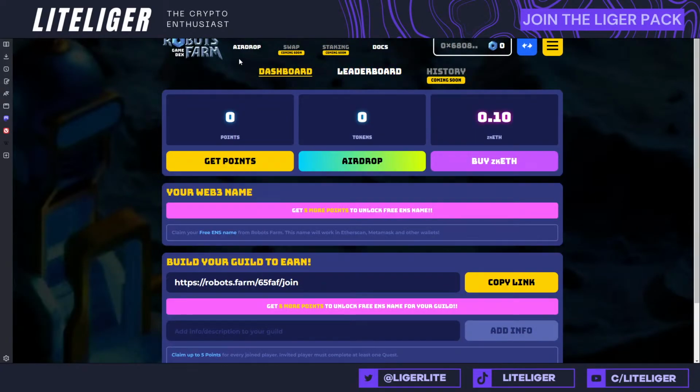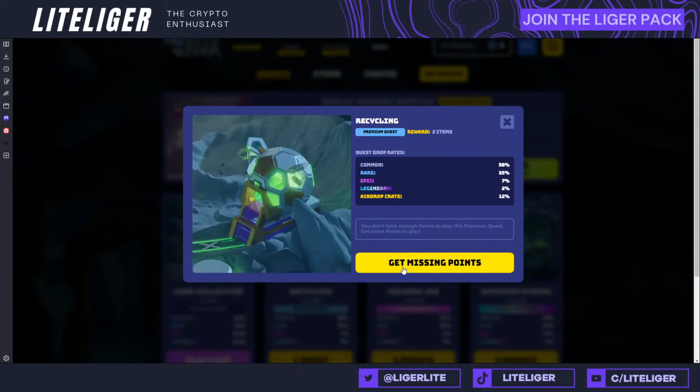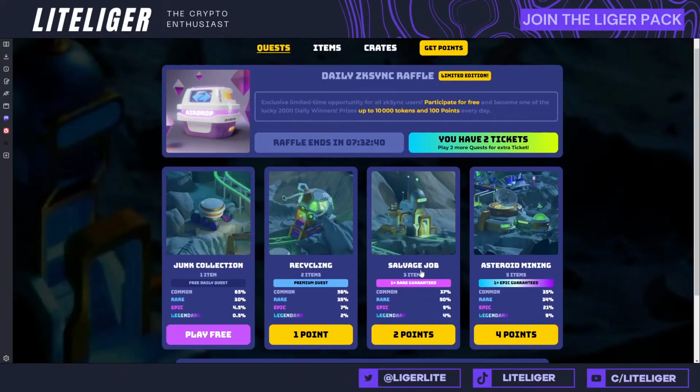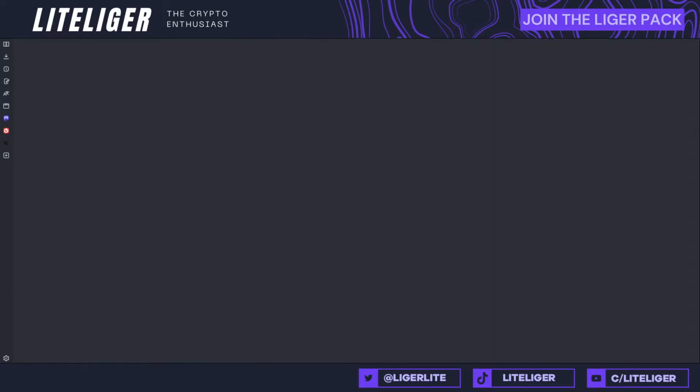So basically every day you can hit up the airdrop button and enter the raffle by doing one transaction, and this will get you points. That's how simple it is. You can also invest money here and buy these things, but there are probably better uses for your money. We don't know how Robots Farm is doing, but this is a very, very popular dApp on the chain. But let's move on to our next one.